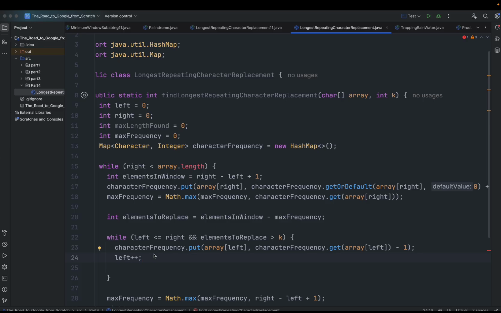But the number of elements in the window will be changed 100%. Because we need to recalculate element to replace, as it's used in our while condition, we need the element in the window. So let's recalculate it: element in the window is equal to right minus left plus 1. We also need to recalculate maximum frequency. What I will do now is not the best option, and I will show you a better approach in the next video, but it works and